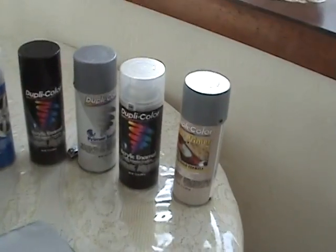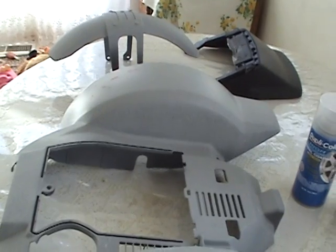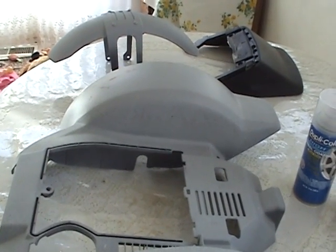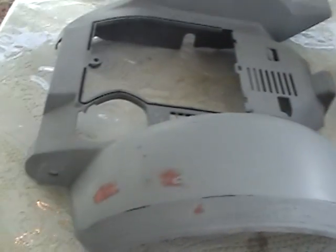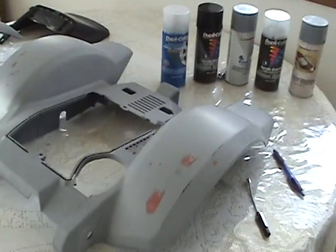Okay, after I give it the light coat of filler primer and let it dry, I will take 600 or 800 grit sandpaper. And usually at that stage you don't use wet sandpaper, you use dry sandpaper, because the dry sandpaper will not